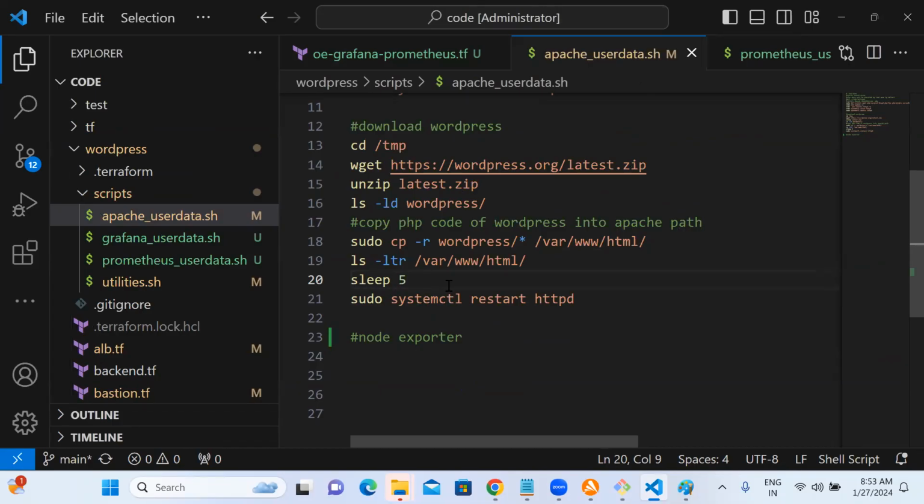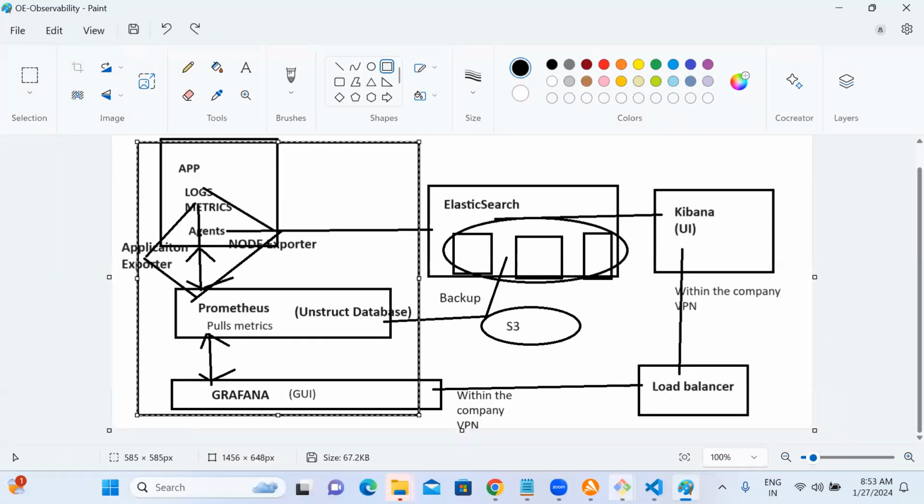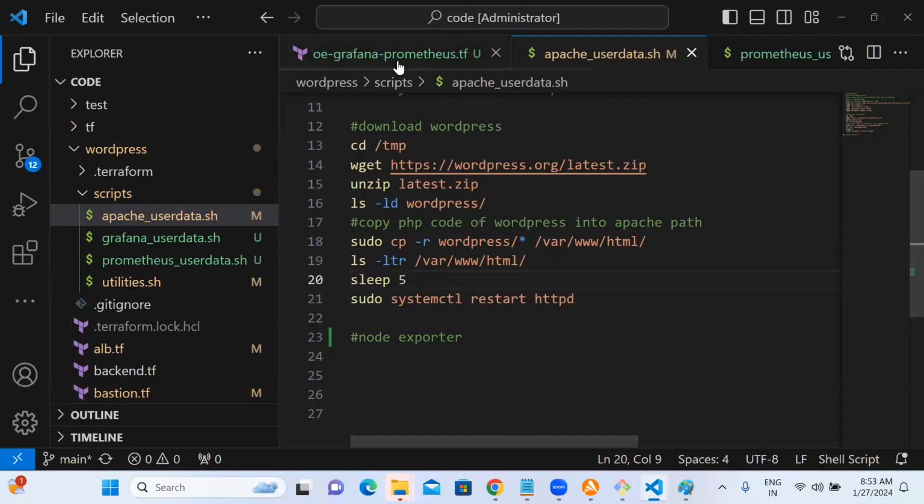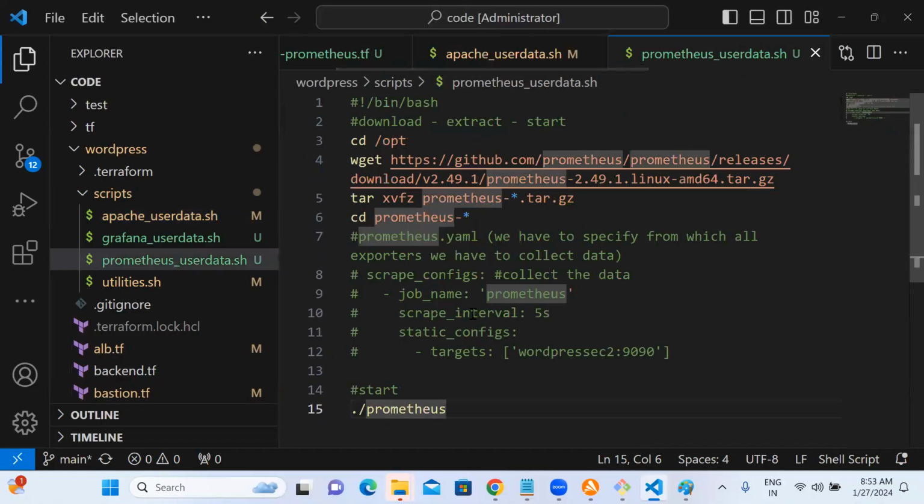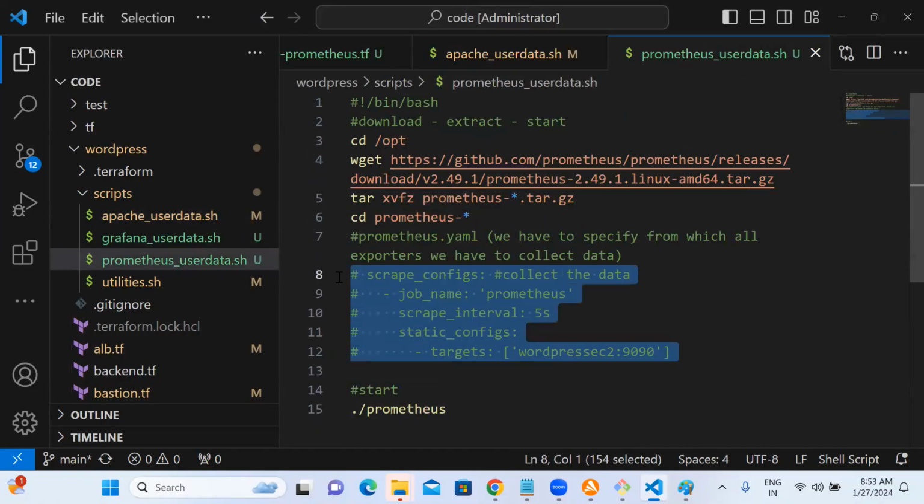Then your job is, if they install it, you need to configure the scraping configuration. That is your job in the Prometheus YAML. In the Prometheus YAML, you have to specify that this is our job. He will expose one port number. You have to tell it to go to that machine on that port number and collect the data. That is what you specify in the Prometheus config. Writing the code is not our job. They have to do that.